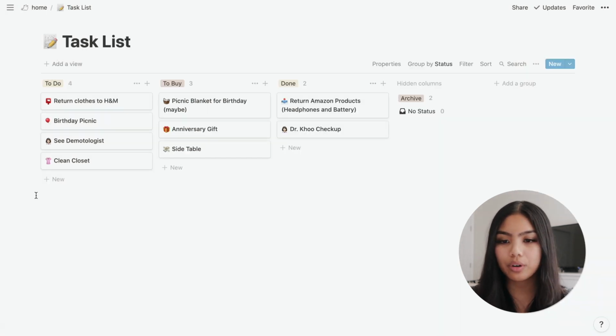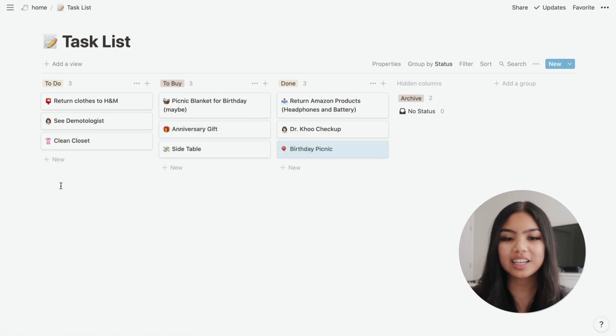And what's cool about this board view is that you can move these tasks into different columns depending on where you want it to land. So I have my columns divided into my to-do list, to-buy list, and then once it's completed, I can just drag it over to the done column. So I really like to use this board view because I'm a very visual person. So instead of just writing things down and crossing it off on a list, I can just make it a little more fun where I can add a cute emoji and then write down my task